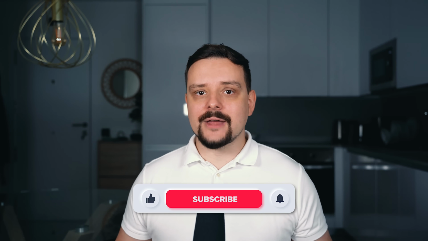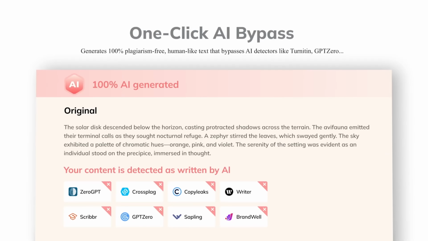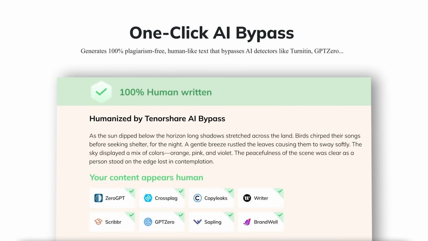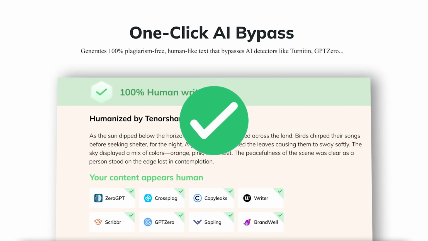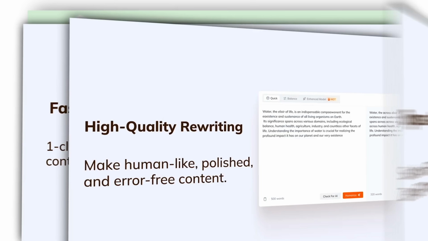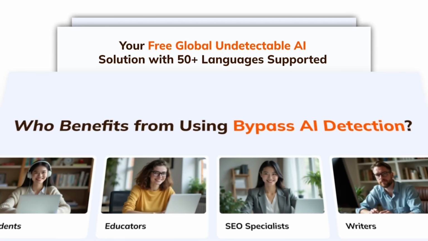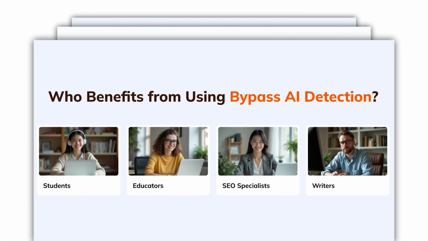My name is Daniel, and today I've got something seriously useful to share with you. It's called Tenorshare AI Bypass, and it's a tool that can take stiff, robotic AI text and turn it into natural, human-sounding writing with just one click. I'll walk you through how to get started, how to use its features, and actually pass those tough AI detection